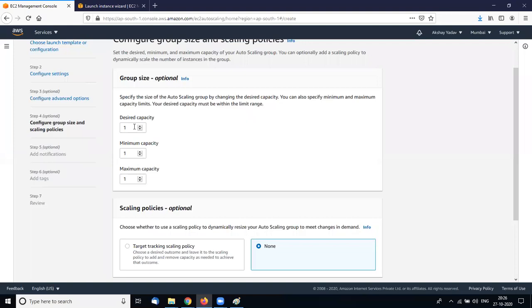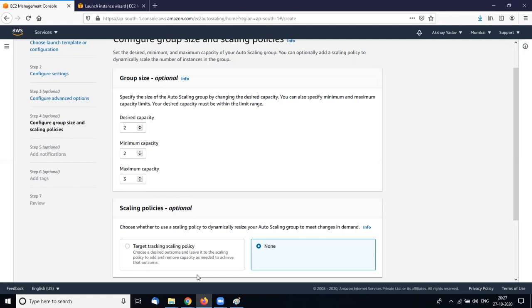I set the desired capacity as 2, the minimum capacity is 2, and the maximum capacity I selected as 3.